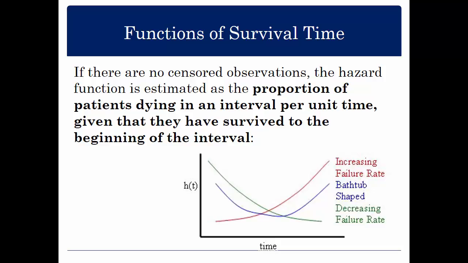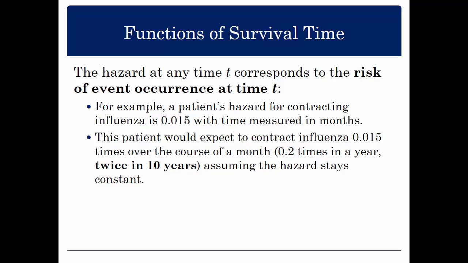The problem with reporting a hazard or reporting a hazard ratio for these long periods of time is that we're making the assumption that the chances of dying in a year are constant over the entire year, and that's not the case. So if you're familiar with Cox regression models, part of the name of the Cox regression model is what's called the proportional hazards model, and that's an assumption of the model. The proportional hazards model could give you a hazard ratio comparing groups, but it's making the assumption